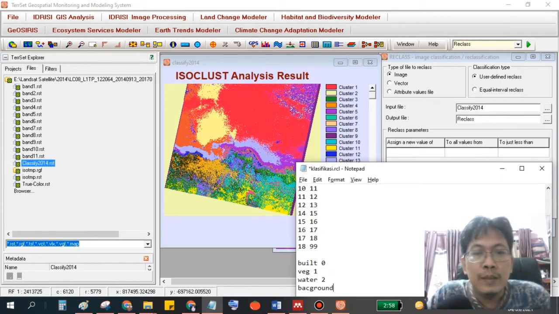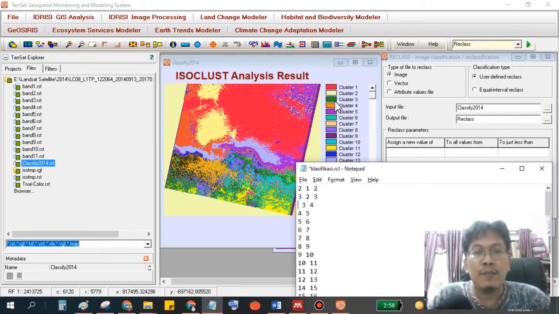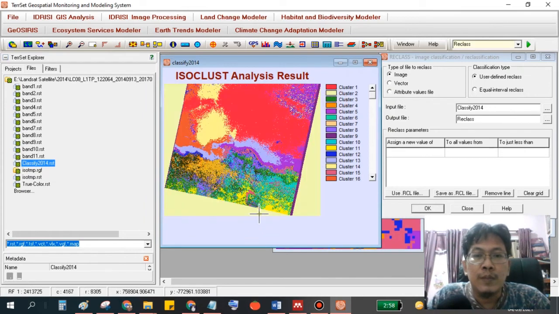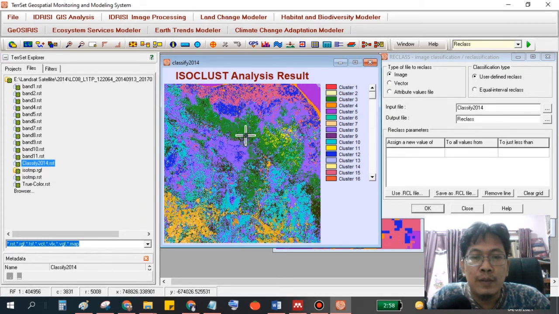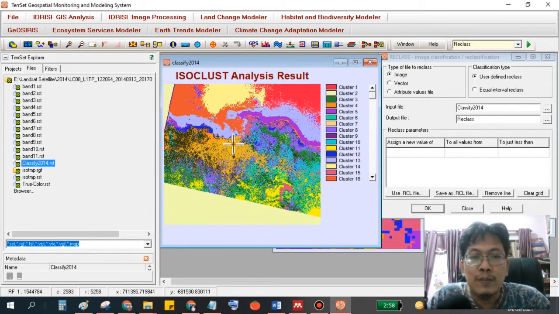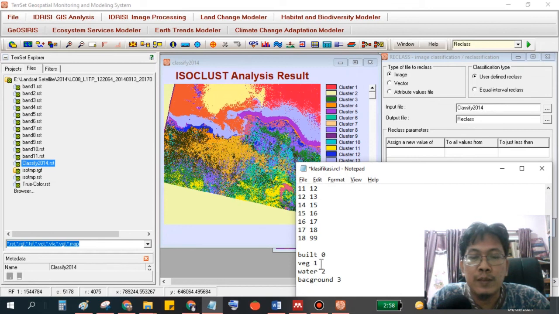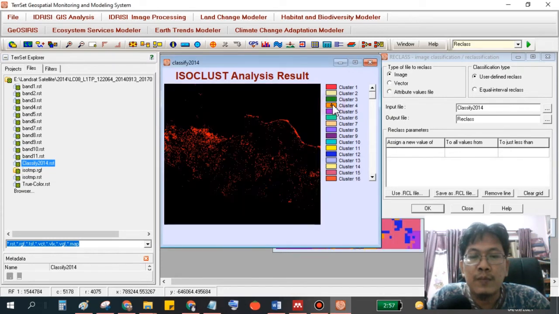The rectangle here is one tile, because satellite imagery captures the world into many tiles to cover every surface of the earth. 3 to 4 is vegetation.